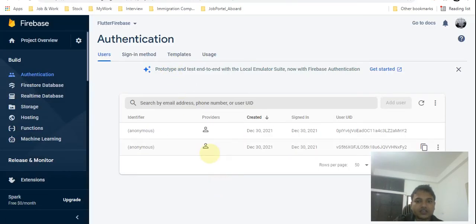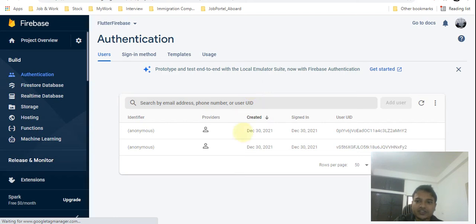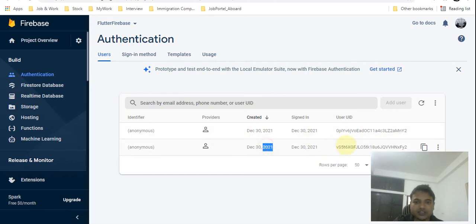Go to your Firebase and it will remain the same for you. Let me take a look after updating it. Were 16 or 18 users created or not? It is just two, because anonymous is a guest sign-in which lets you sign in one time for one device. So that's how it's creating the users here.